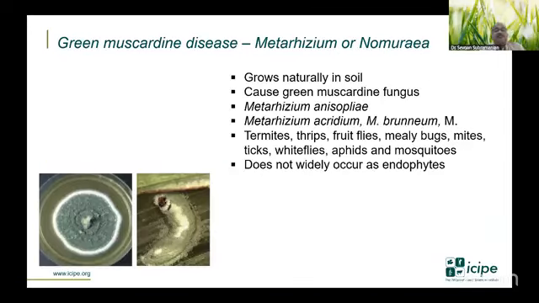The next one, which has largely been tried out in fall armyworm management, is the green muscardine disease, or Metarhizium anisopliae, as we call it. Within this, Metarhizium anisopliae, and also Metarhizium brunneum and Metarhizium rileyi, are ones that are now increasingly being seen in fall armyworm control. As with Beauveria bassana, it is also widely seen in nature, and it has a lot of different hosts apart from fall armyworm as well. One of the differences between Beauveria and Metarhizium is that Beauveria is more reported as an endophyte, and it's more